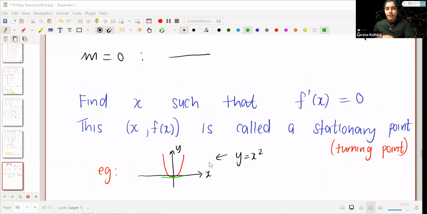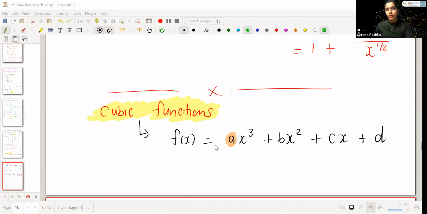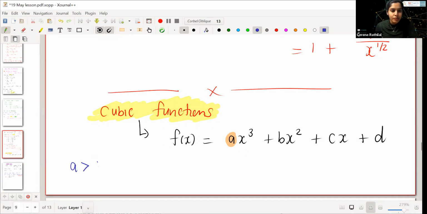So on a quadratic graph, we have encountered one turning point. A parabola has one turning point. And now we're talking about cubic graphs. That's the point of today's lesson. And so we're still going to have turning points when we talk about cubic graphs. So as I said when I started off, I was trying to give you a description of what this a in front of the x cubed actually does. So if a is positive, then we have a local,